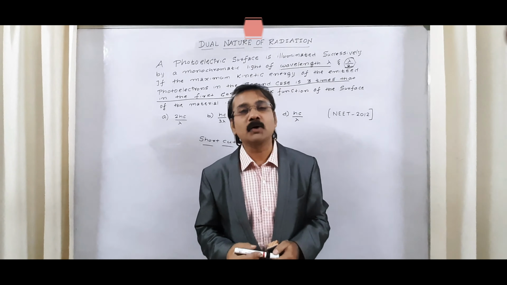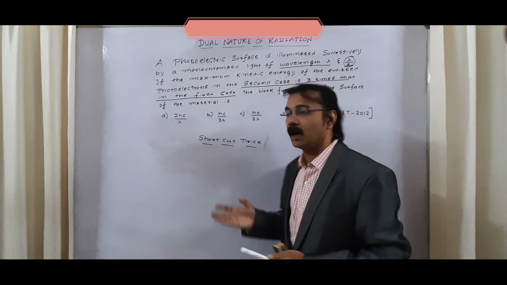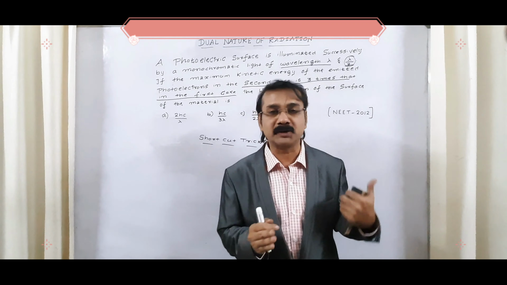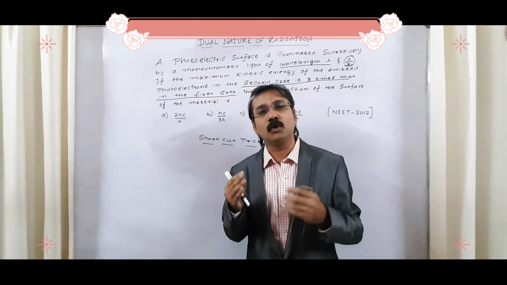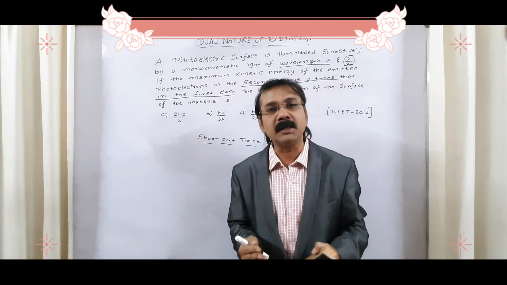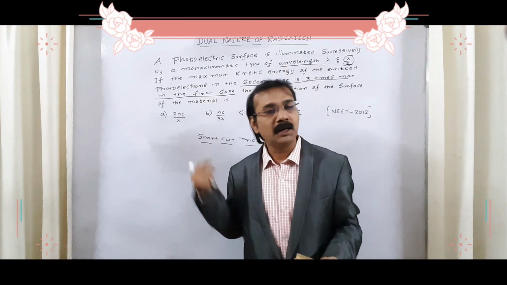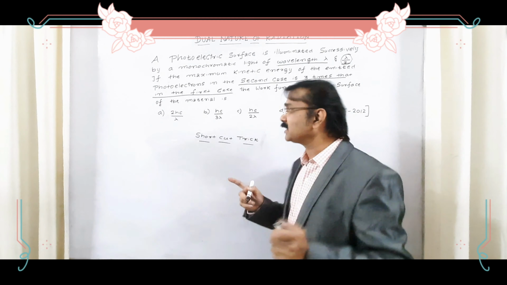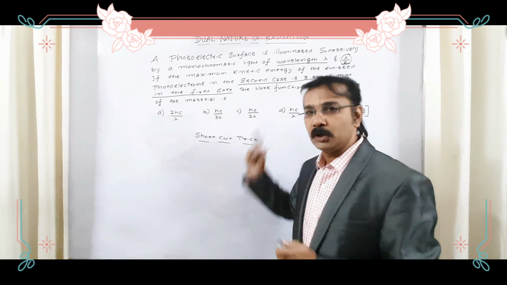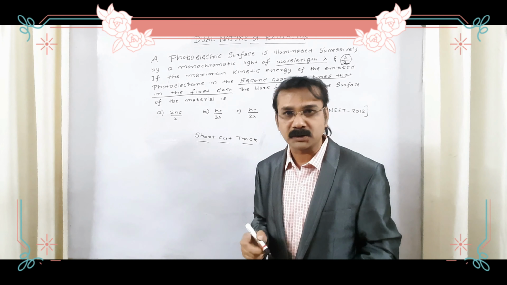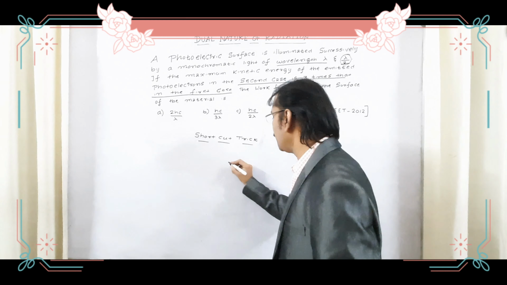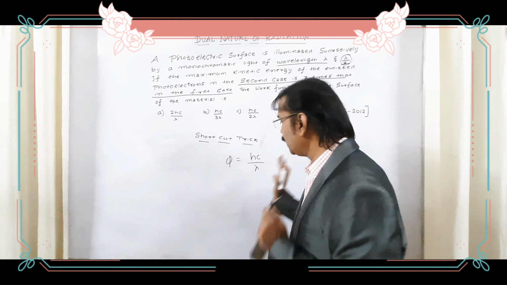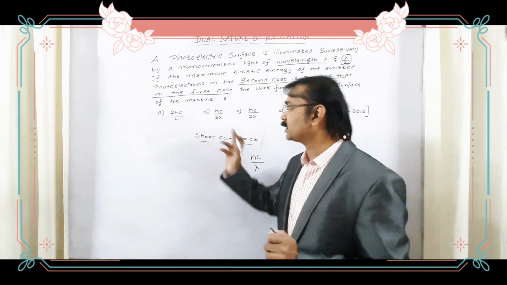Now is the time for going to the shortcut method. For the given sum, Balaji has explained very clearly in an elaborated way to find the answer for the NEET question which has been asked in 2012. But if you go into that method, it will take definitely more than 4 to 5 minutes to solve the sum. Let us go for the shortcut trick in which you are going to have only one number in the session. First, write down the formula for work function. You know what the formula for the work function is? Yes, you are right. The formula is phi is equal to Hc by lambda, the general formula. Write down this formula always for the work function.